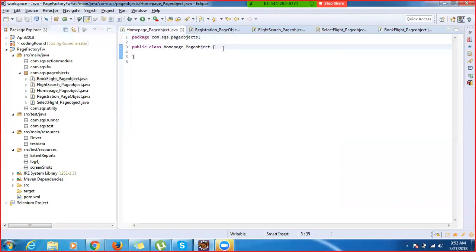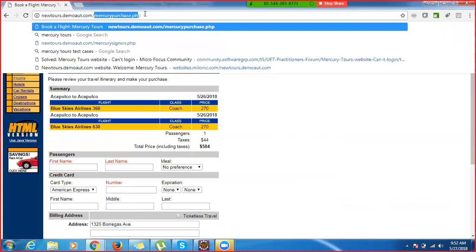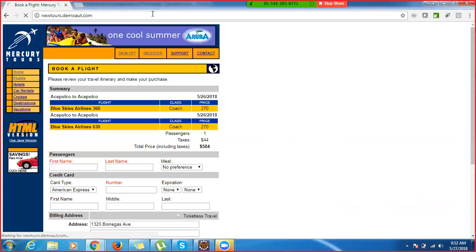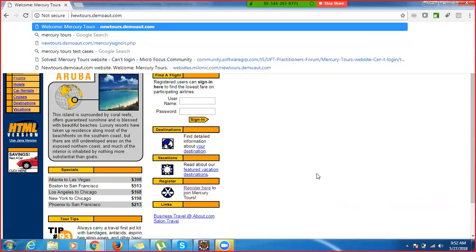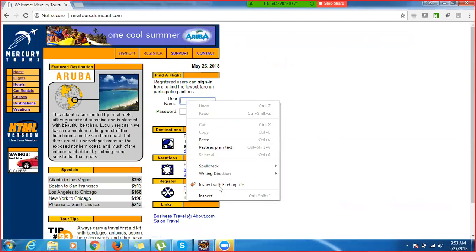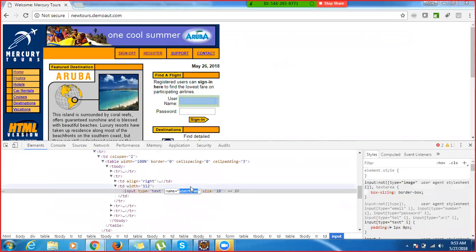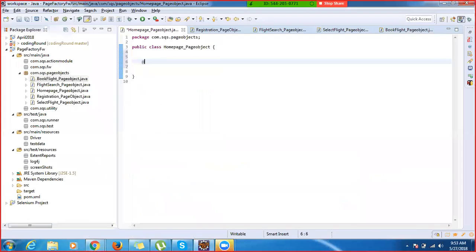Home page. First of all, we'll try with this home page. In a home page, what all the things are present. This all: sign on, register, support, contact. These all are the web elements we'll be needing, and the username and password and the sign in button. So how to get it? Let's inspect this username. Okay, you can see a name is present, so you can use this name, right? How to write? At the rate